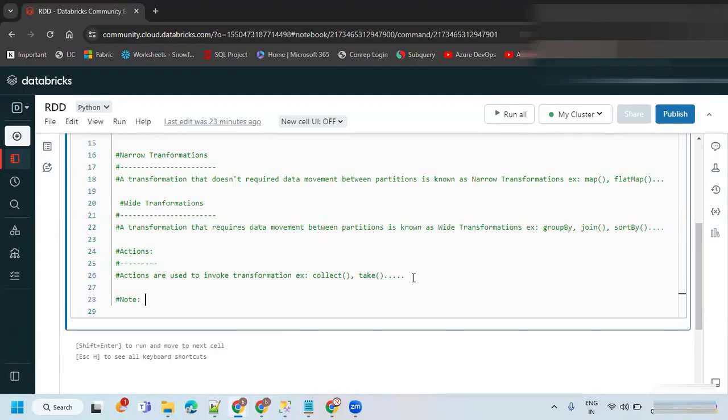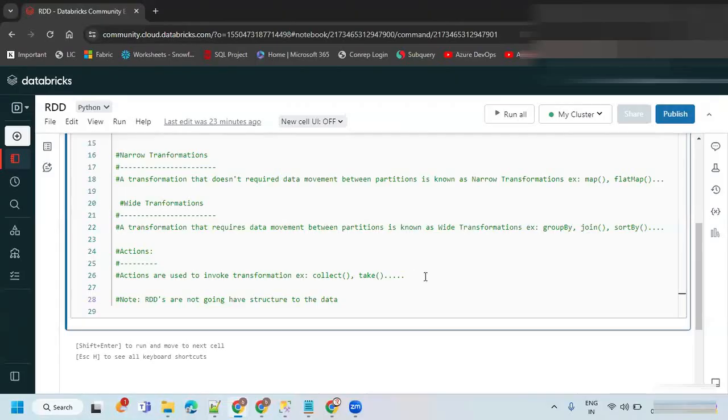Just giving one note here for RDD. RDDs are not going to have structure to the data.